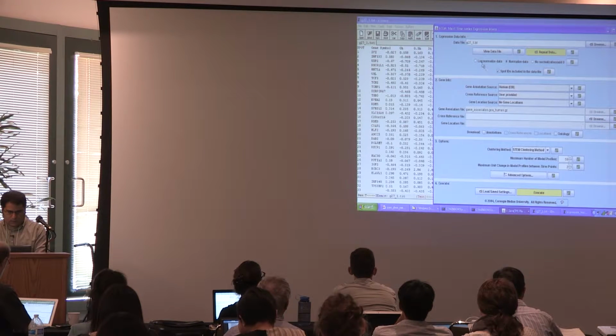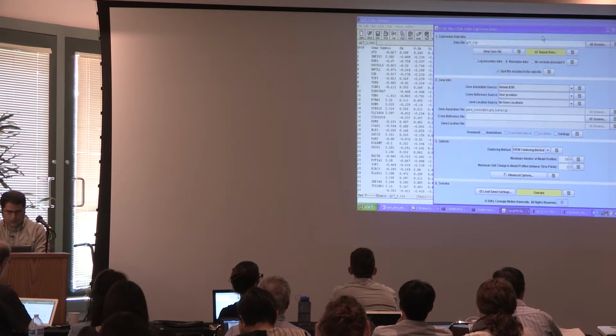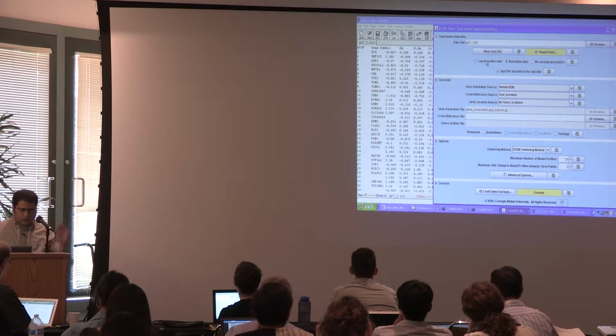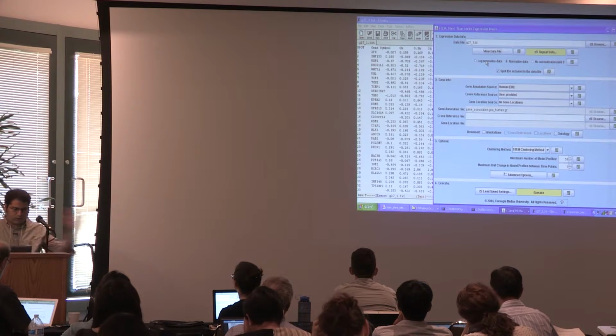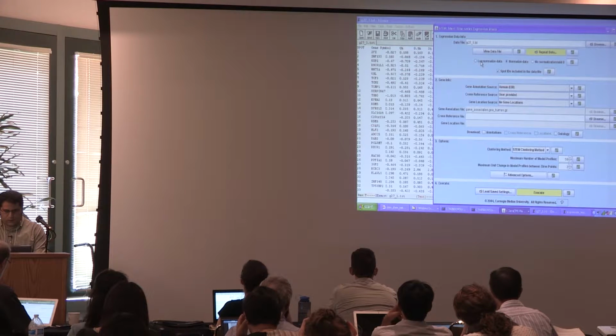And then we could view that data file with that button that was input from this interface. Then there's a couple options here. This is either log normalize, or sometimes people refer to this as log transform. Ideally, you would want this data, when it's applied to this method, to be in log units, with everything relative to time point 0. So normalize would just do a subtraction of everything relative to time point 0 if it's in log space already, while this would do a log ratio versus the first time point,